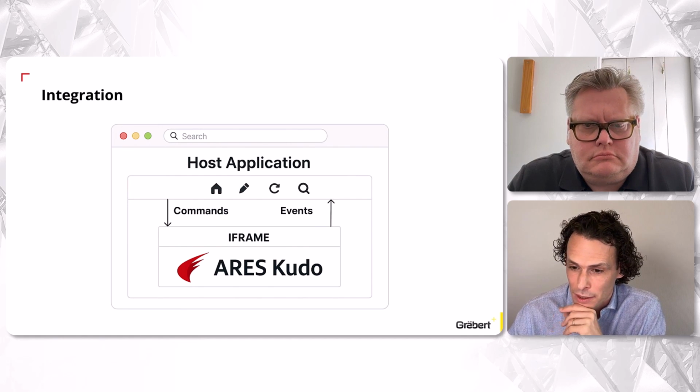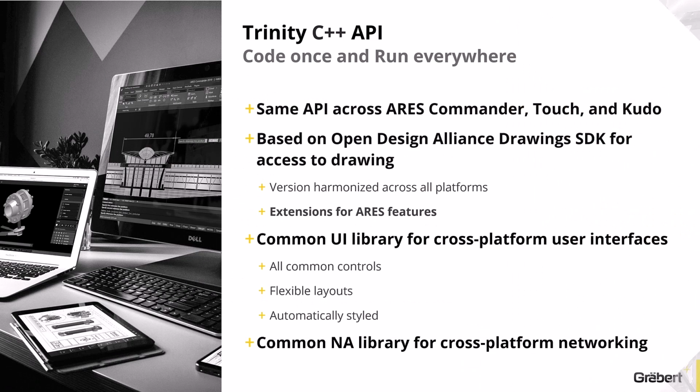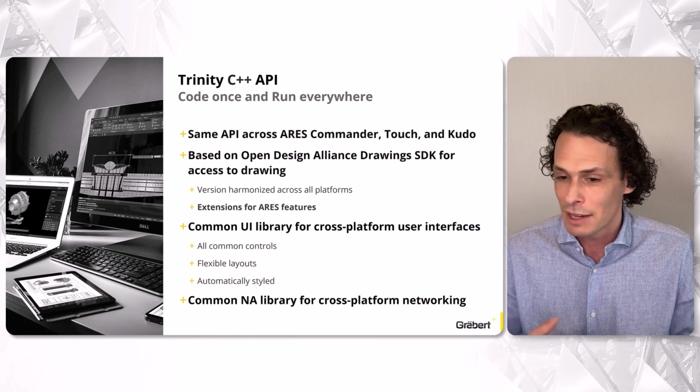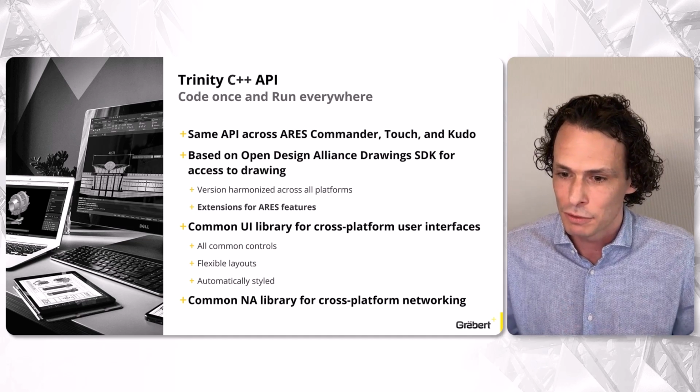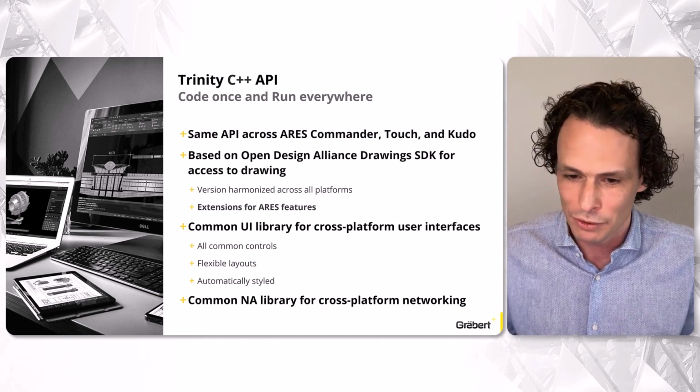But that's not the only way you can customize things, right? We also provide you with a server-side API that allows you to bring custom features into Iris Kudo, similar to how you would add a custom feature in a desktop CAD system today, right? You write a new command, you write a new widget, right? And to make that easier, we are adding an API we call the Trinity C++ API, and we call it Trinity because it allows you to write code that runs on desktop, mobile, and cloud, right? And that's actually a technology we use internally a lot for building all the new features, so that we build them once and they run everywhere.